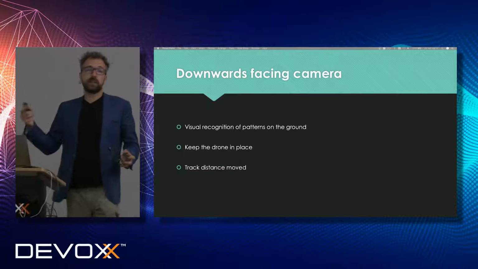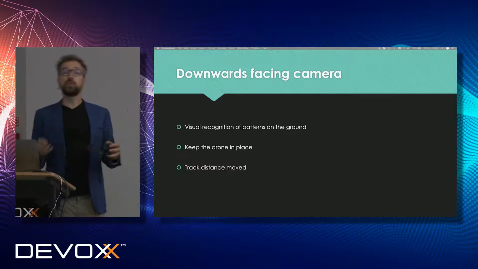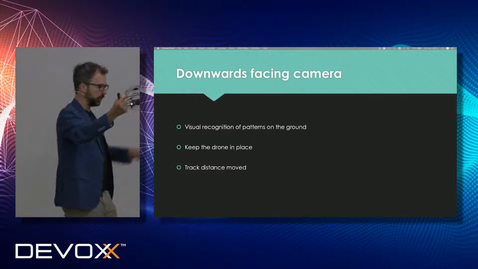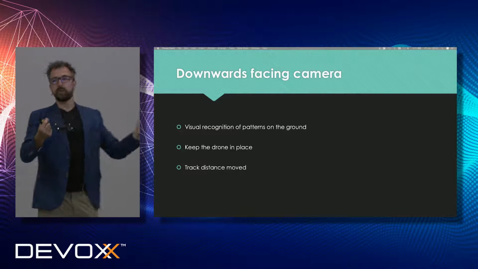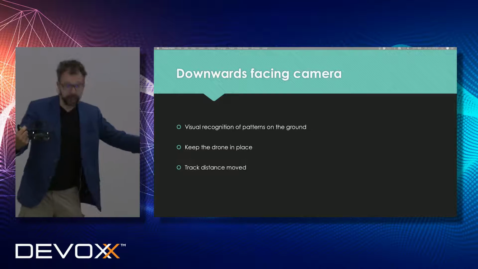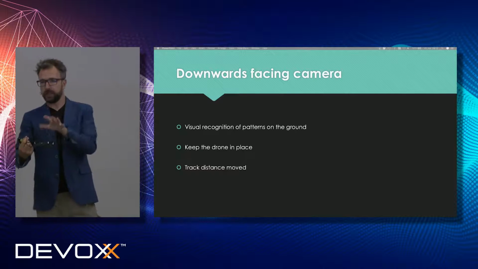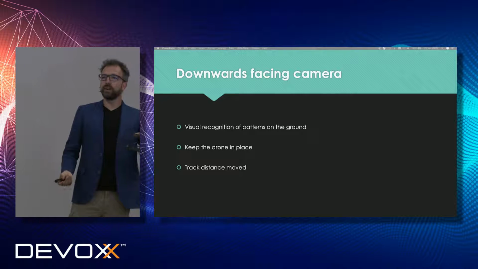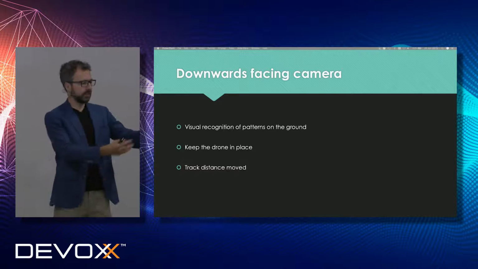And of course, the next step would be if you do want to move somewhere. So if my drone is flying here, and I want to move there, then I probably have an idea how far I want to move. So maybe this is, I don't know, 80 centimeters. So I send a command to the drone, fly 80 centimeters that way. Then somehow it needs to figure out how far it's flown until now. Like it doesn't have any